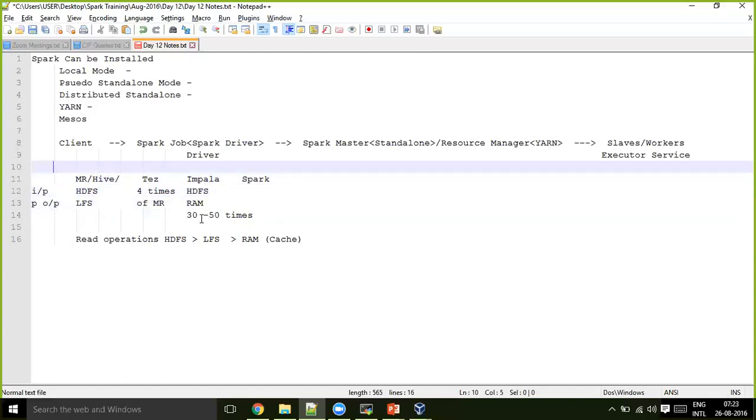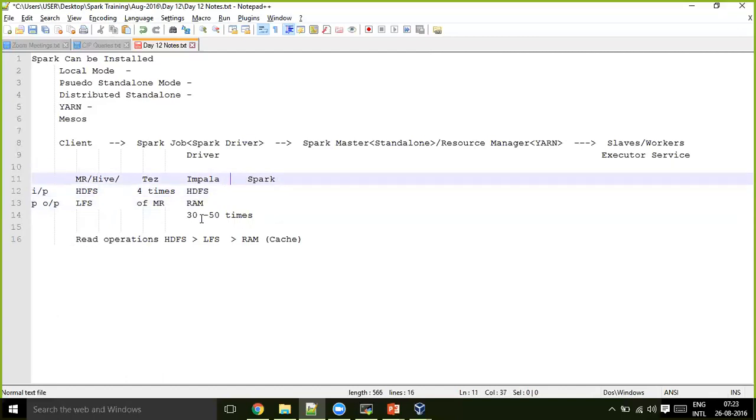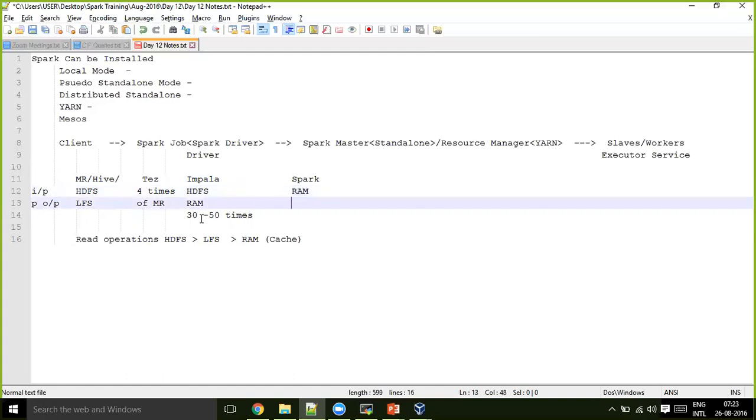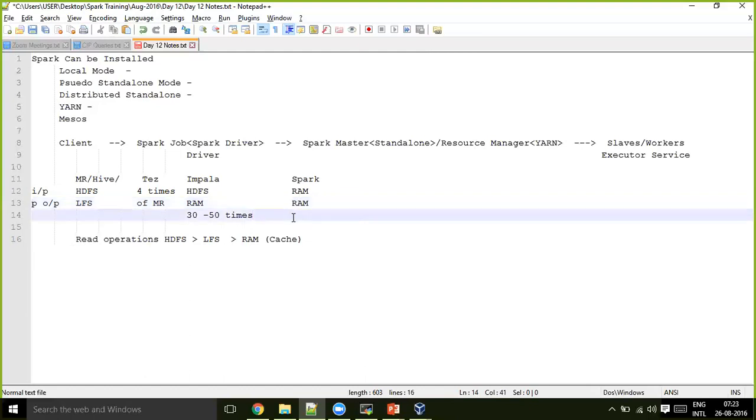Now if you take Spark, the input also gets loaded into RAM, and the intermediate output also gets loaded into RAM. Both input and intermediate output are in RAM memory, which always runs faster.